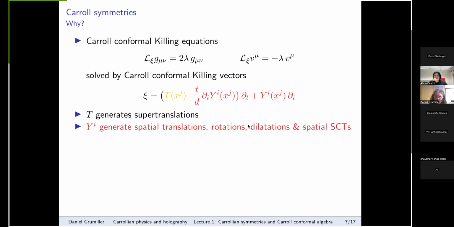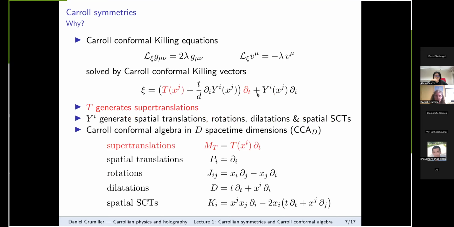Okay, and the remaining part, this is well known. So this generates spatial translations, rotations, dilatations, and the spatial special conformal transformations. So these are all generators that you know already from standard conformal field theories. So in other words, the Carroll conformal algebra in D spacetime dimensions, abbreviated as CCA_D, consists of this infinite tower